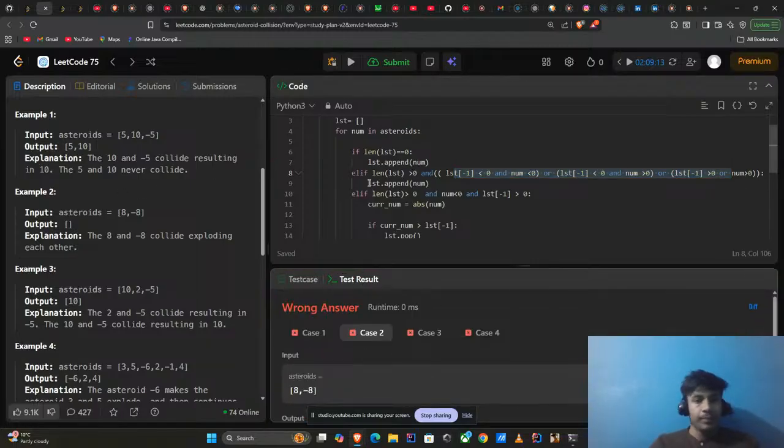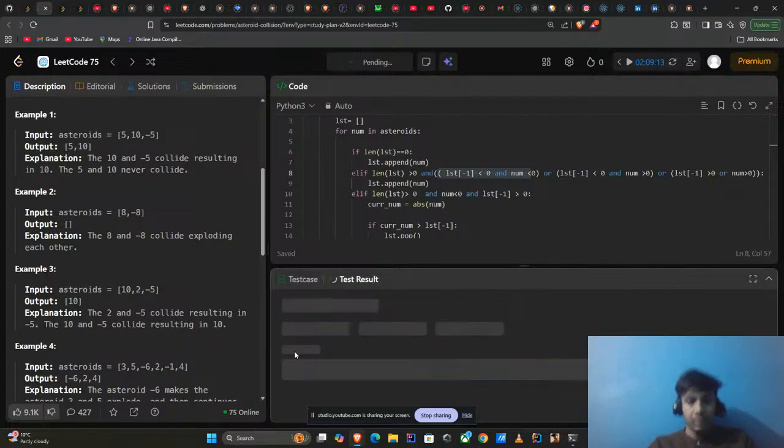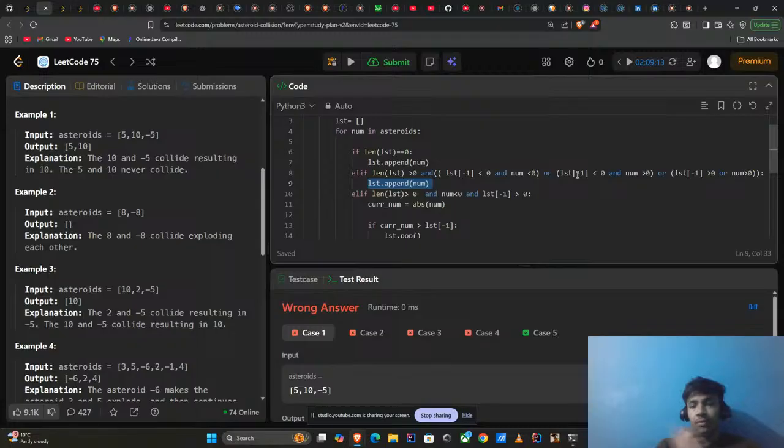Let's see. Okay, the list length should be greater than 0, and my previous number should be negative and negative, if both are negative. So in this case, I will be pushing. Let's take a case where both numbers are negative, -5, -5. If this is giving me an error, okay, this case is running right. We can see if one is going left and the other one is going right. If both are going right,